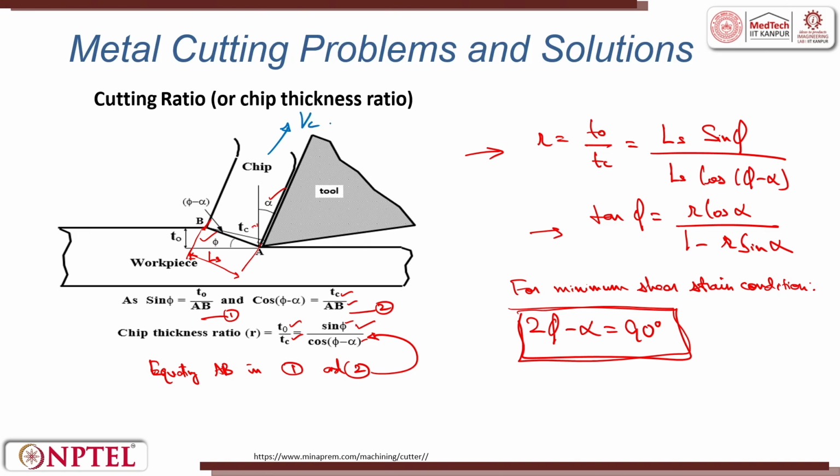the chip velocity Vc, then we have shear velocity in this direction Vs, then we have cutting velocity in this direction, that is V. This is cutting, this is chip, and this is shear. These are velocities. So if I put here the mass continuity equation,